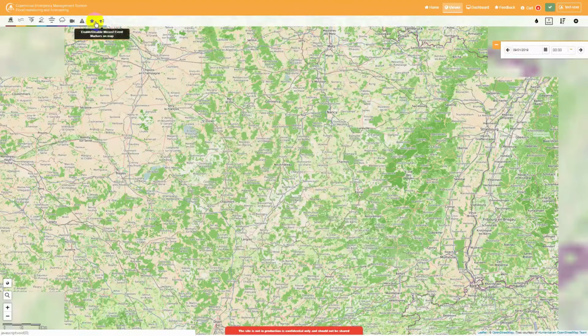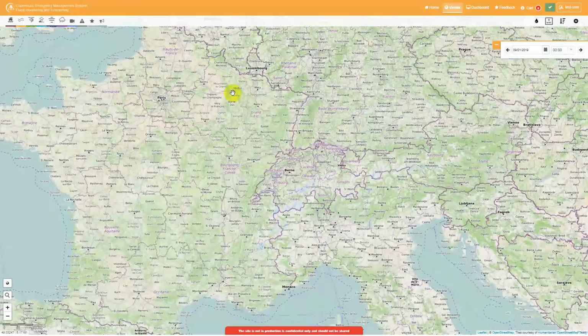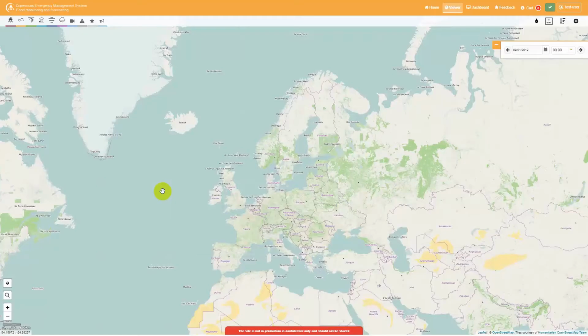I won't talk about these last two buttons here, but these are if you want to look at feedback that has been provided on a missed event, for example. I am going to talk about how you provide feedback a little bit later on. So if we just zoom back to the full extent,